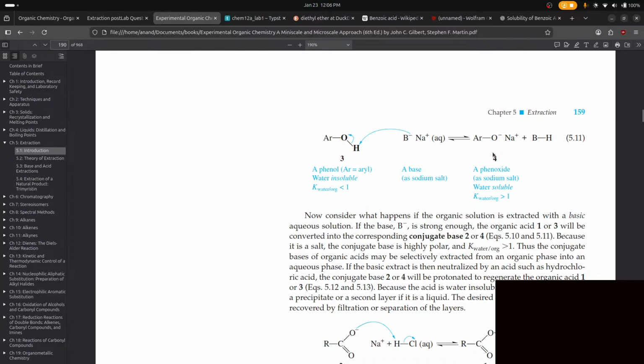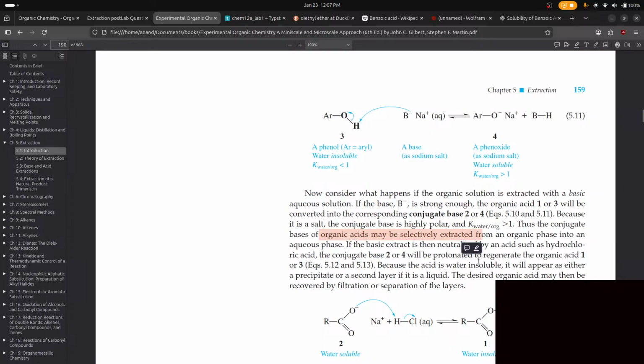Because 2 and 4 are salts, the conjugate base is highly polar and the K changes. Thus, the conjugate bases of organic acids may be selectively extracted from an organic phase into an aqueous phase. If the basic extract is then neutralized by an acid such as HCl, the conjugate base 2 or 4 will be protonated